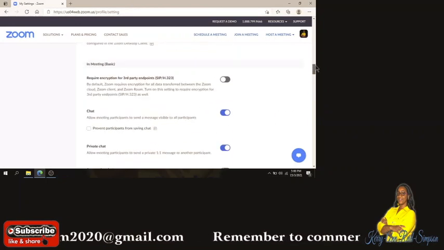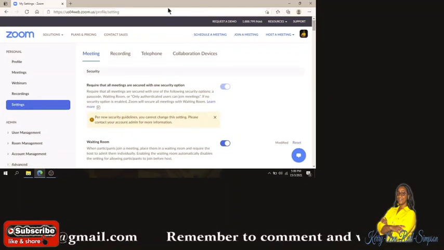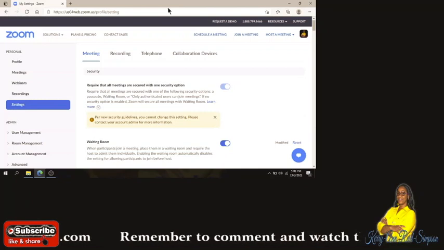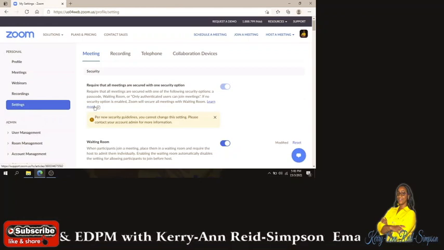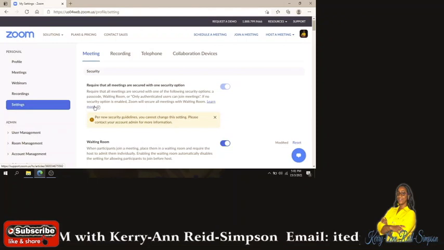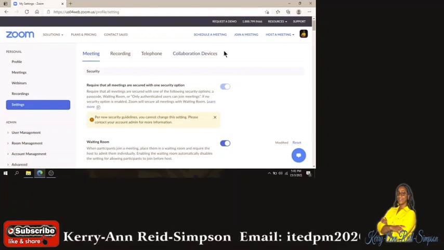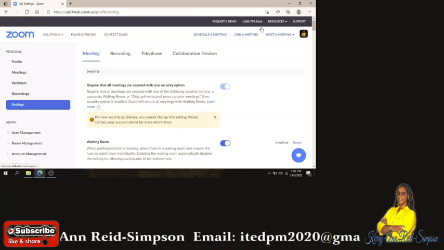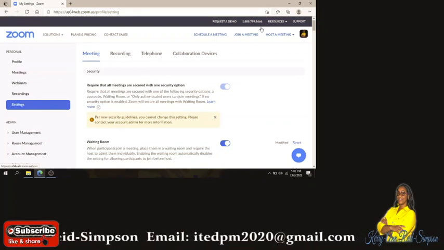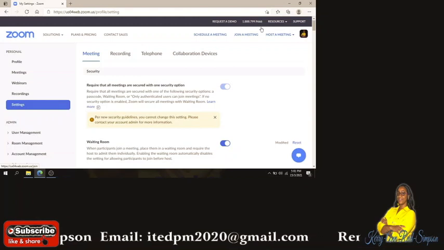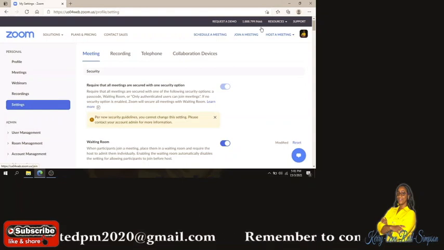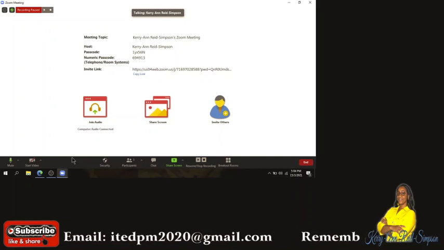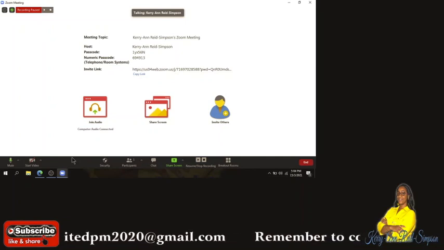Alright, if you noticed a while ago, a message came up to say that your settings have been updated. I am now going to log into Zoom and show you how it works. When I log in, you will see that another option is there, which is the breakout room, and that's where you normally go to facilitate your different classes or different learning abilities, if that's the reason you are creating breakout rooms. So what I did, I logged in so that I can show you your new option,